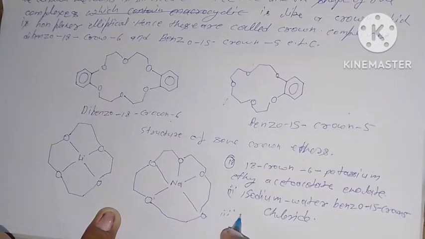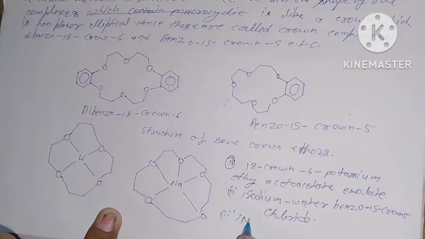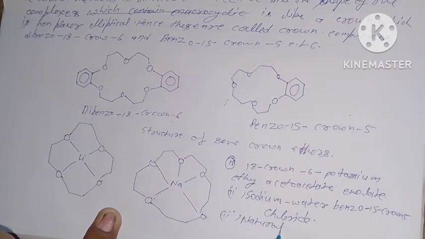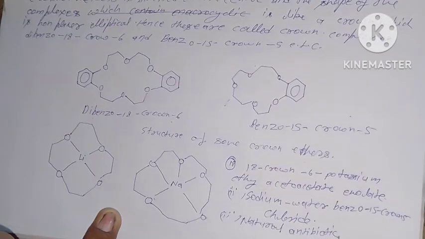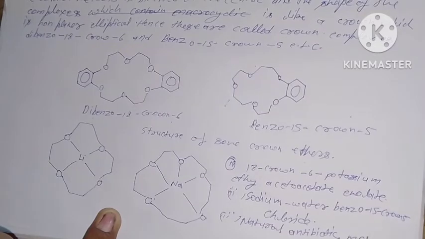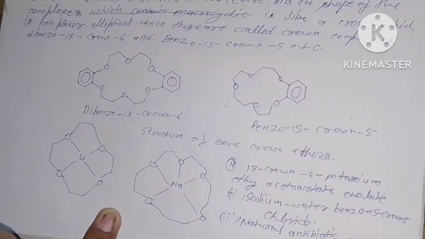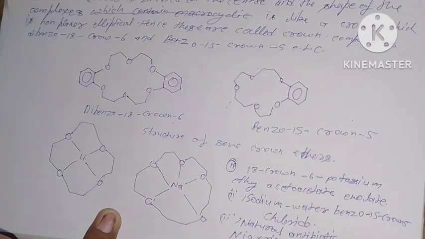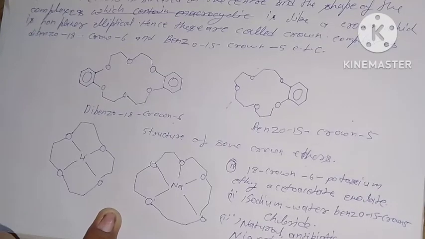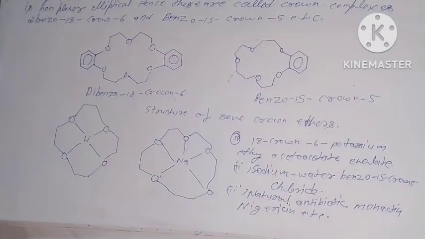Third is the natural antibiotic monensin, nigericin, etc. Generally, lithium ions form crown 4 complex, sodium ions form crown 5 complex, and potassium ion forms crown